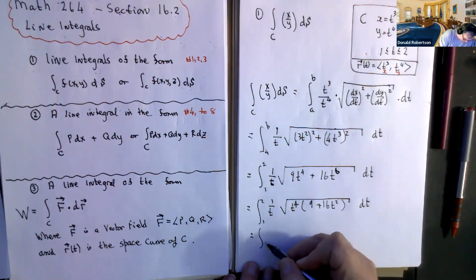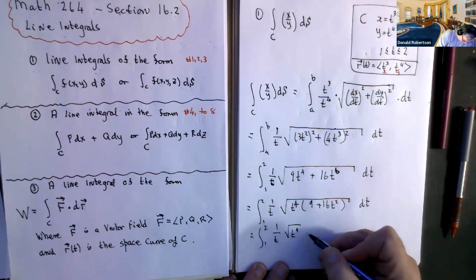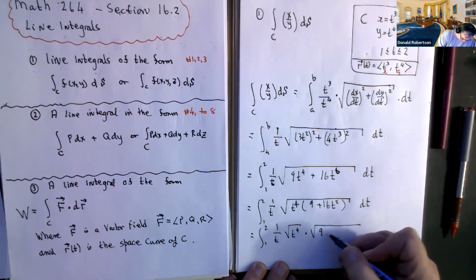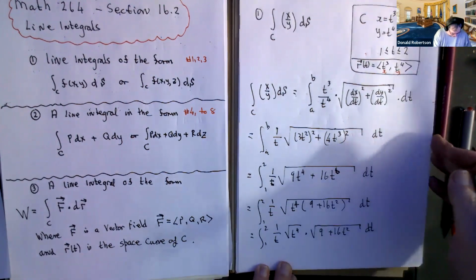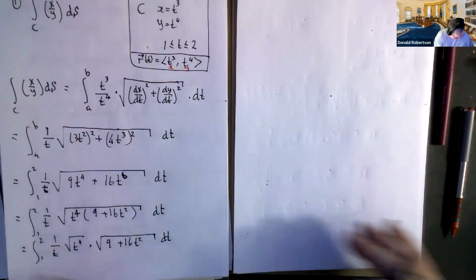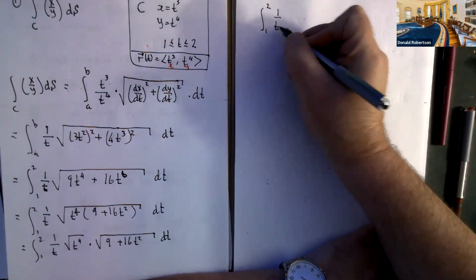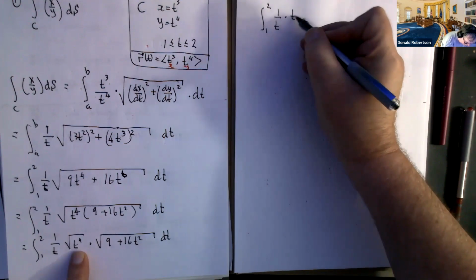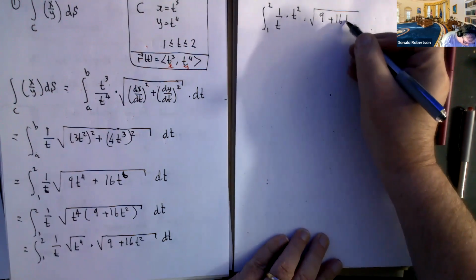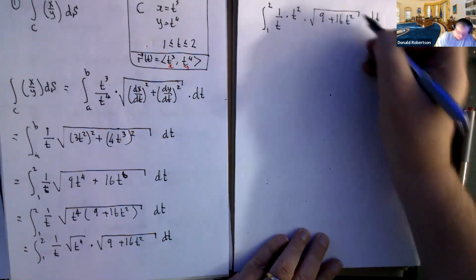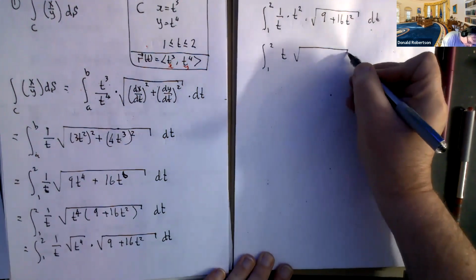Then that guy, and I'm putting more lines in than maybe you would choose to if you were doing it, but that's fine. It now becomes that guy. So it's going to be the integral from 1 to 2, 1 over t. That guy is t squared, and this guy is 9 plus 16 t squared dt. And finally, the best we can do with style points